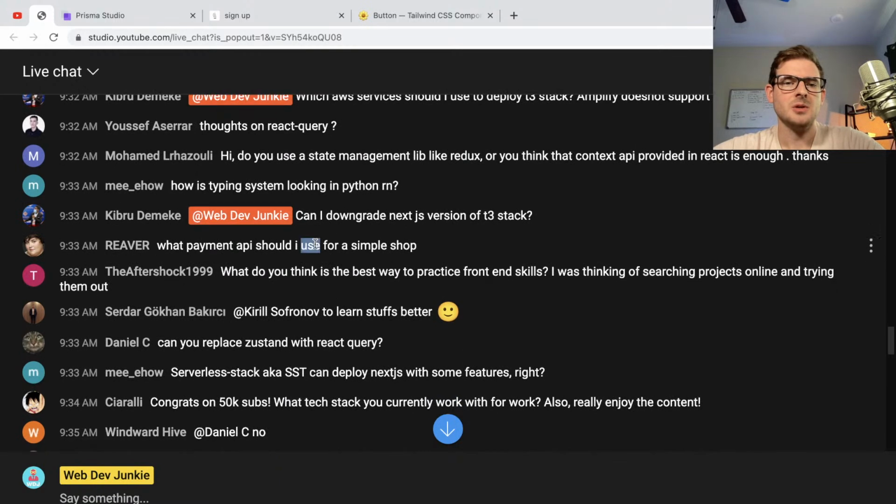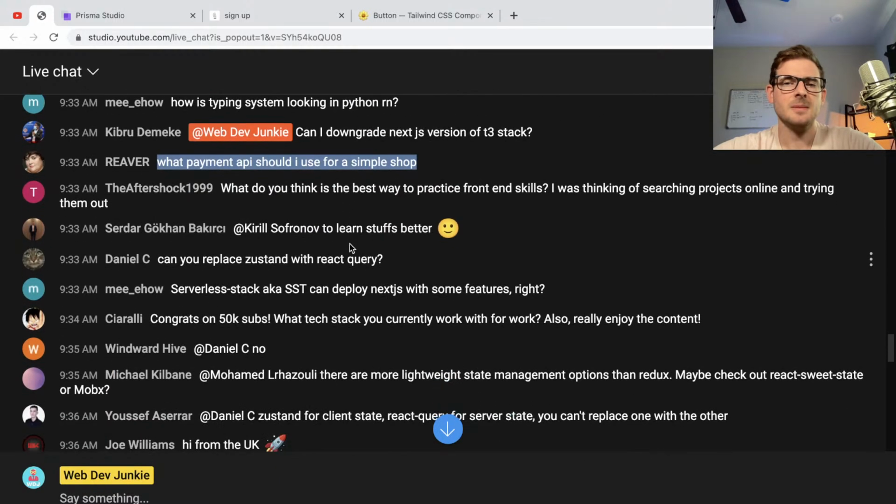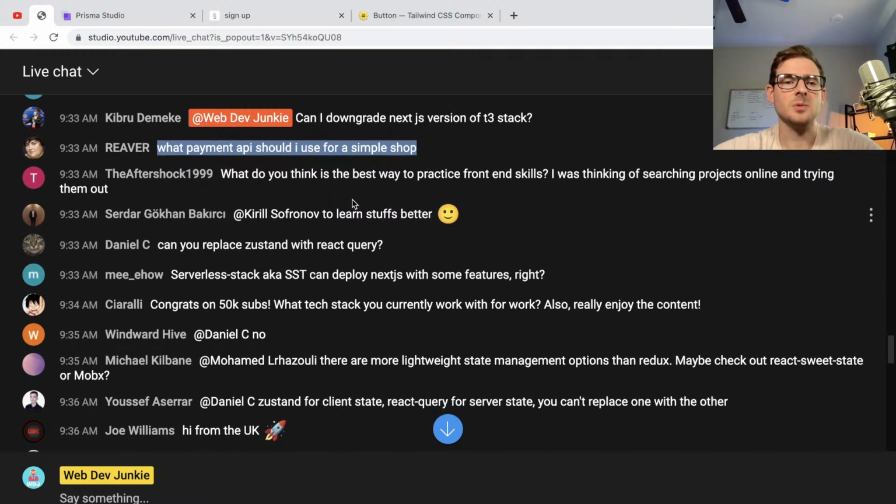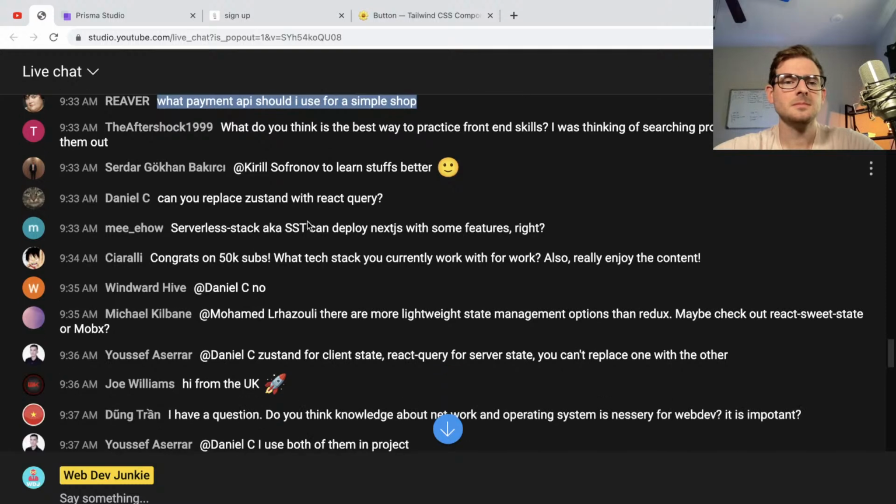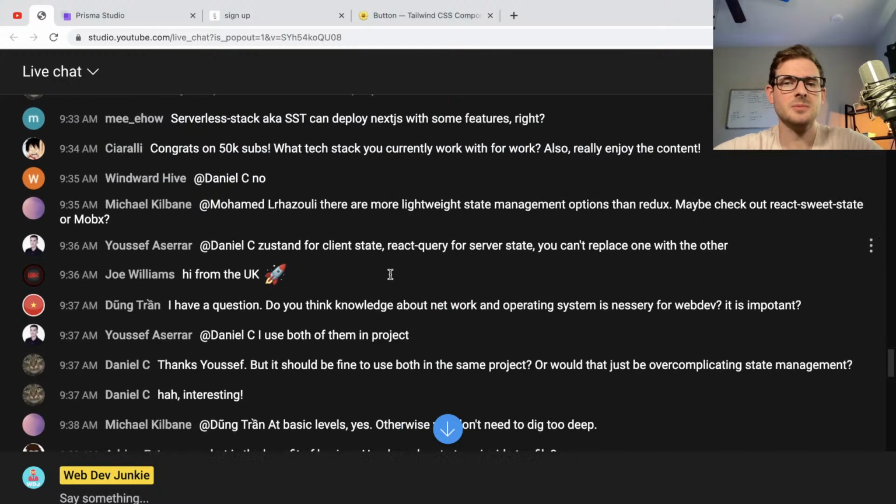What payment API should I use? I use Stripe on my side projects. I never actually used Stripe in prod though, so I don't know if it actually works well in prod. I'm assuming it does because everyone uses it. And I think I'm kind of caught up. I skipped over some stuff, but